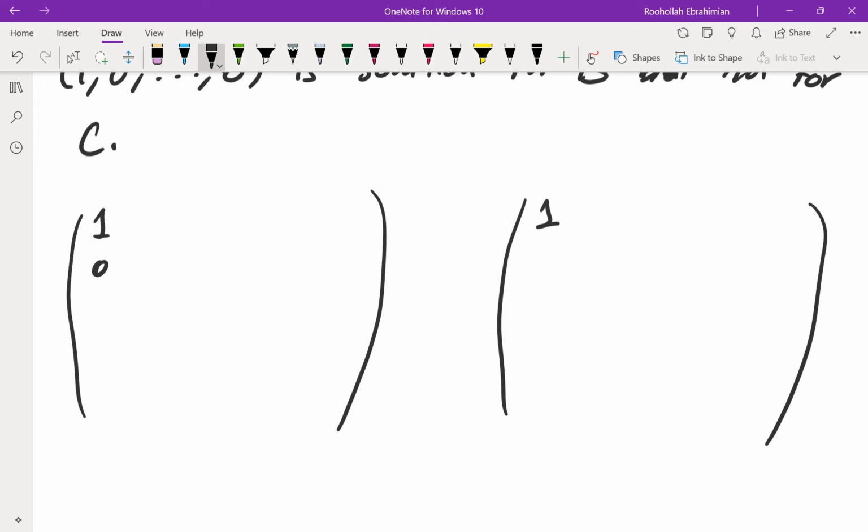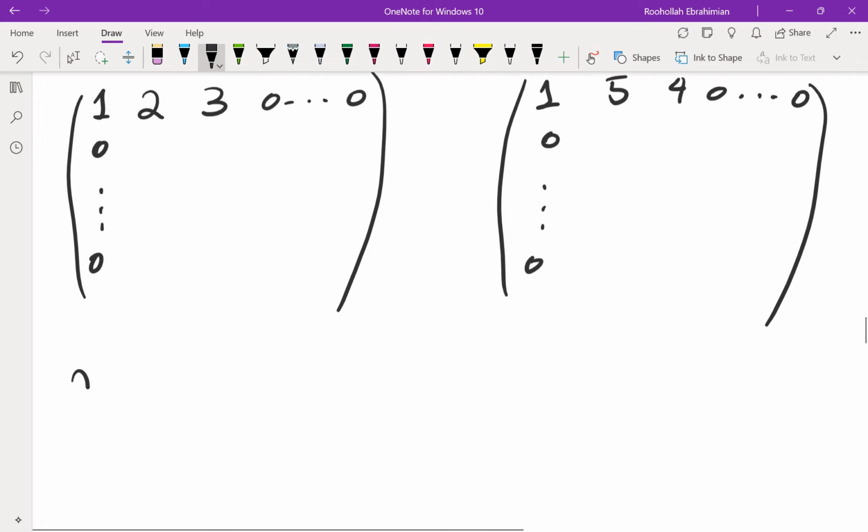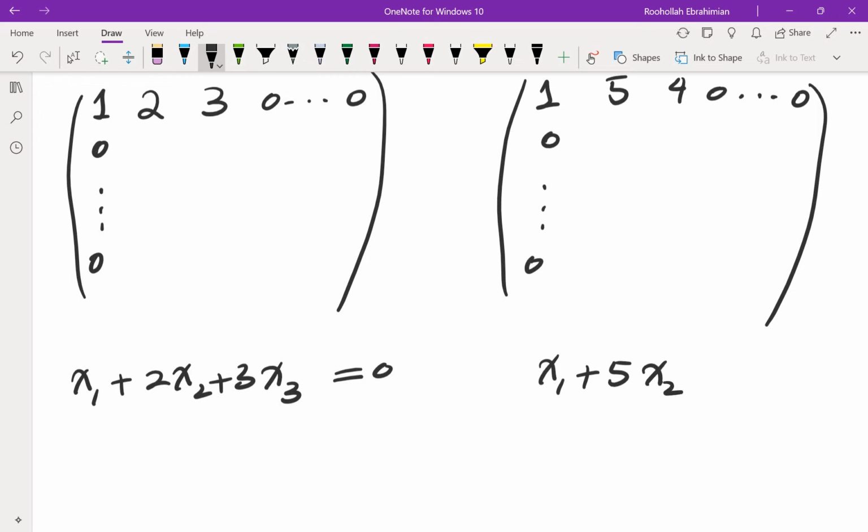But if the first entry is 1 in both, then you can look at the first equation again. Let's say you have 1 here, and then 2 here, and then 3 here, but you have 5 here, and then 4 here, and then everything else is 0. I'm just going to write it down as an illustration. The first equation would be x1 plus 2x2 plus 3x3 equals 0. But here, the first equation would be x1 plus 5x2 plus 4x3 equals 0. And notice that since 2 and 3 are non-zero, everything below them must be 0, because it's in reduced echelon form. You cannot have any